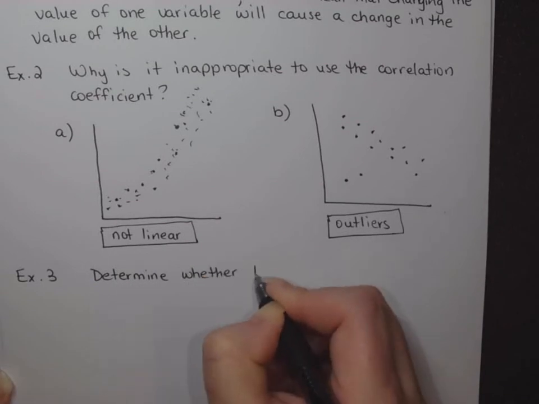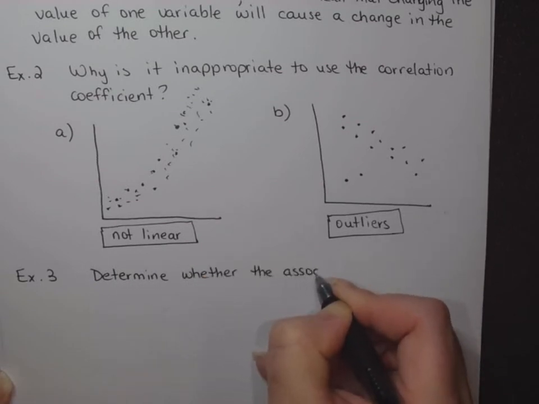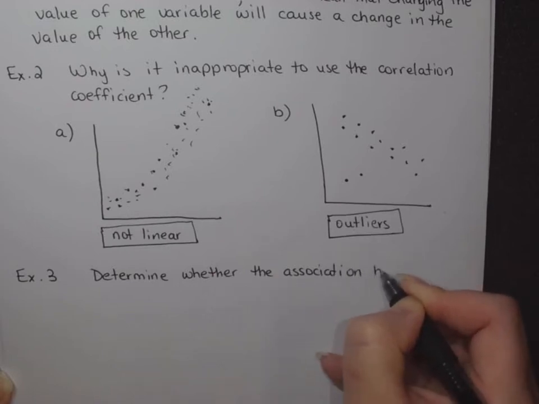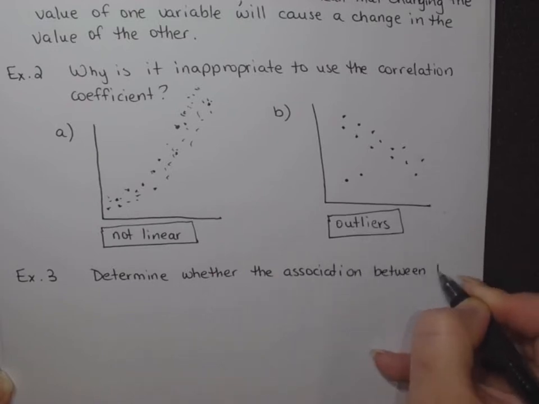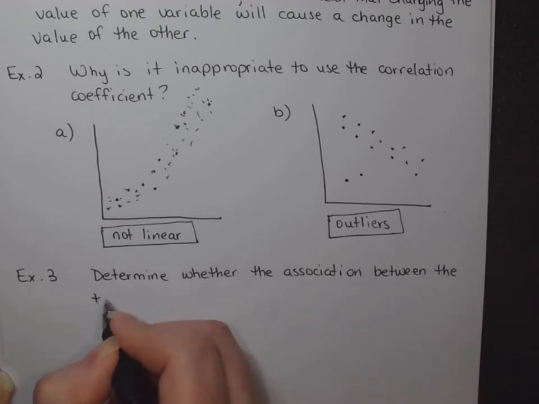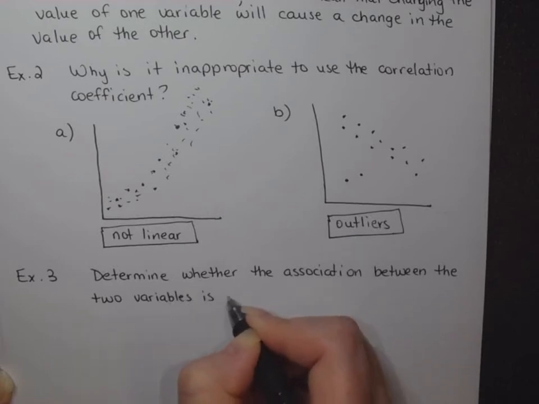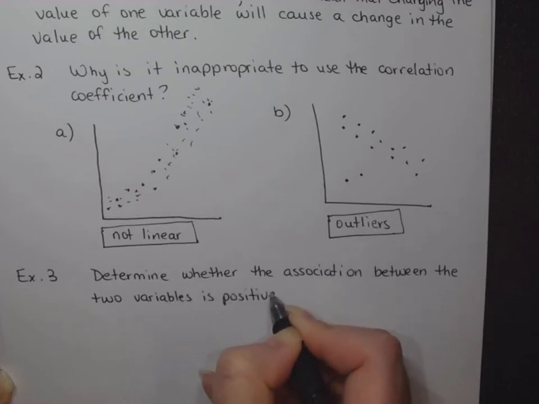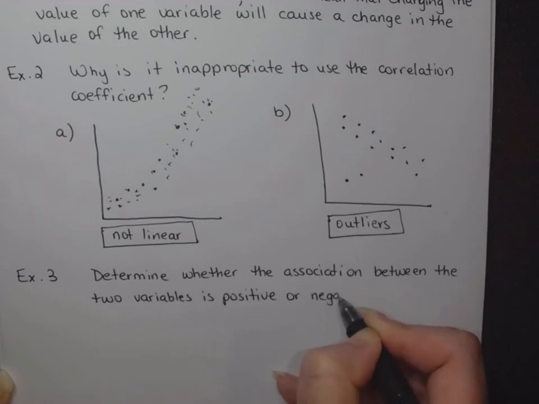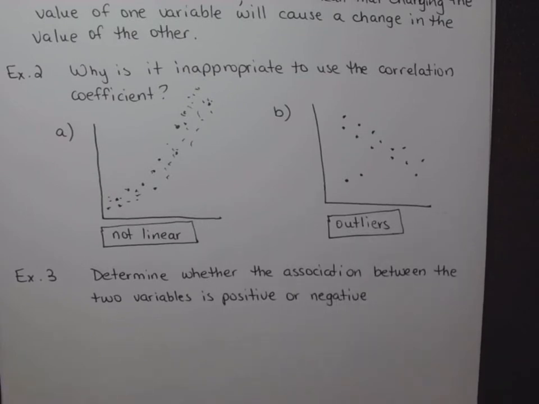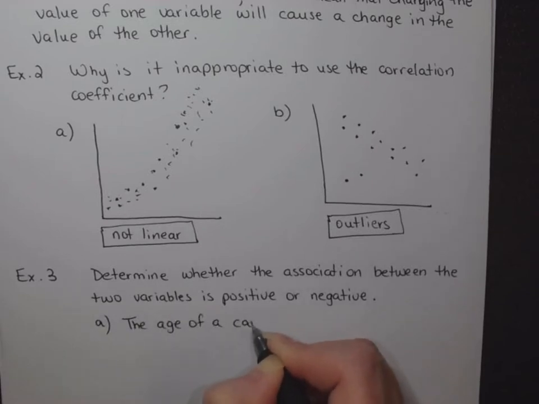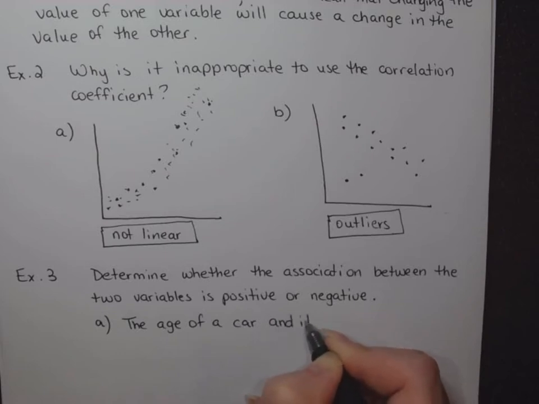Let's talk about maybe some real life scenarios and talk about whether we think the relationship is positive or negative. Positive relationships don't necessarily mean that they both go up. It means that they both go up or down together. Negative relationships mean that they're going to go different directions from each other. So the two scenarios, if we were plotting the age of a car versus its resale value,